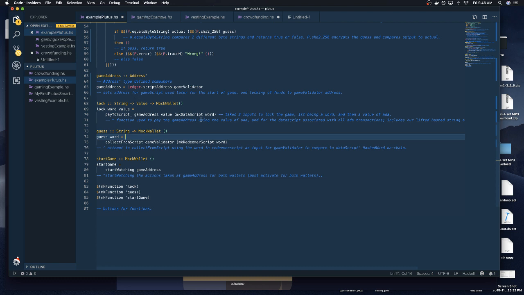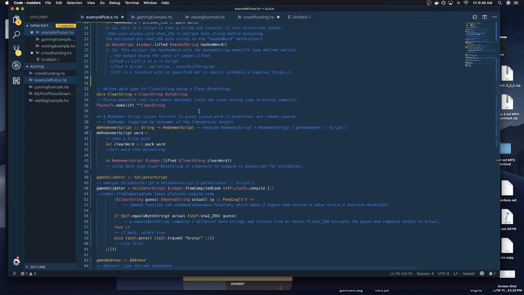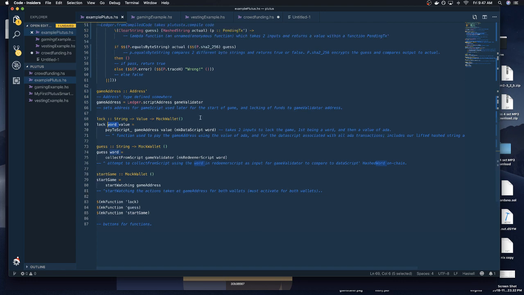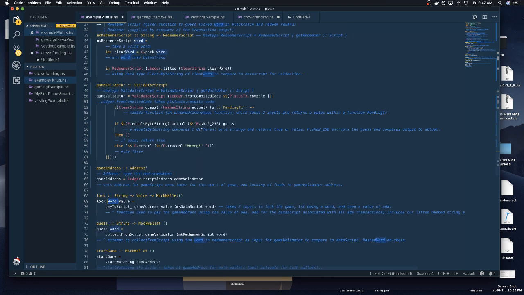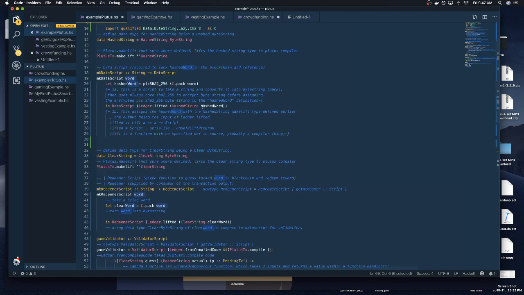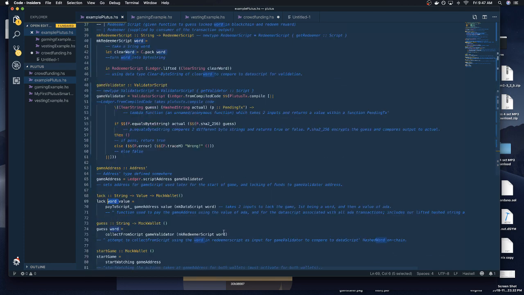So within the data script, it's the word basically. So the word is your word that you stuck in through your lock function. It's also run through the data script function here, which basically does the whole hashing of the word and sticks it inside of the data script. So